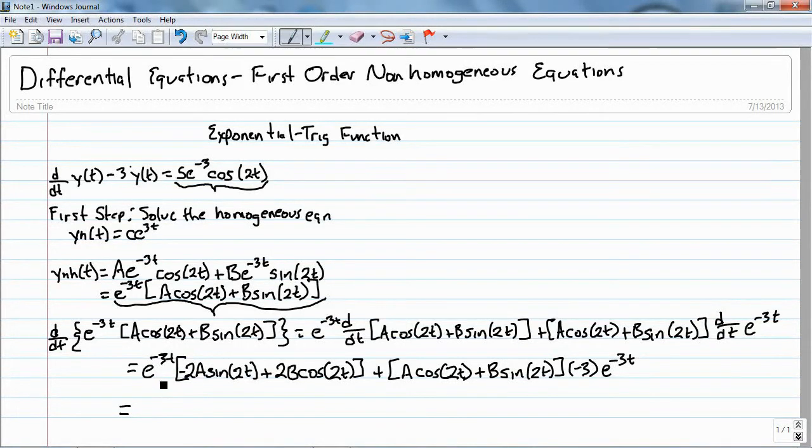I have e to the negative 3t in both terms. And if I put the negative 3 through, I'm going to have negative 3a cosine of 2t plus 2b cosine 2t,